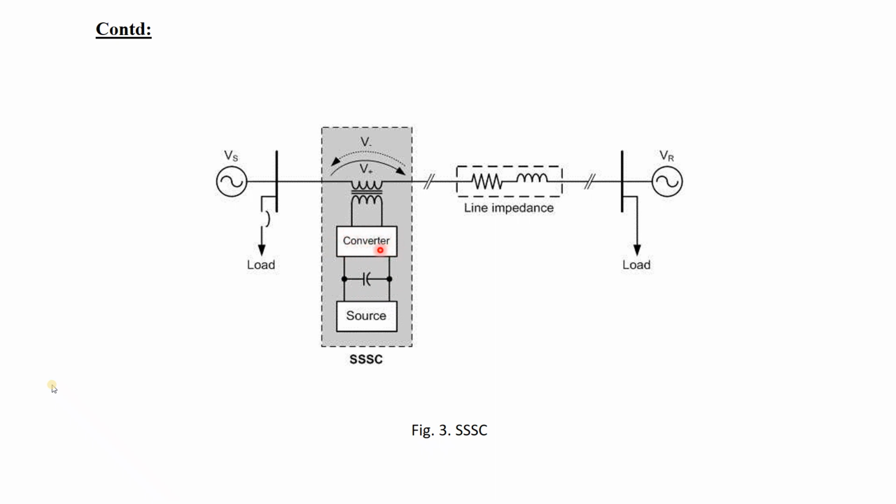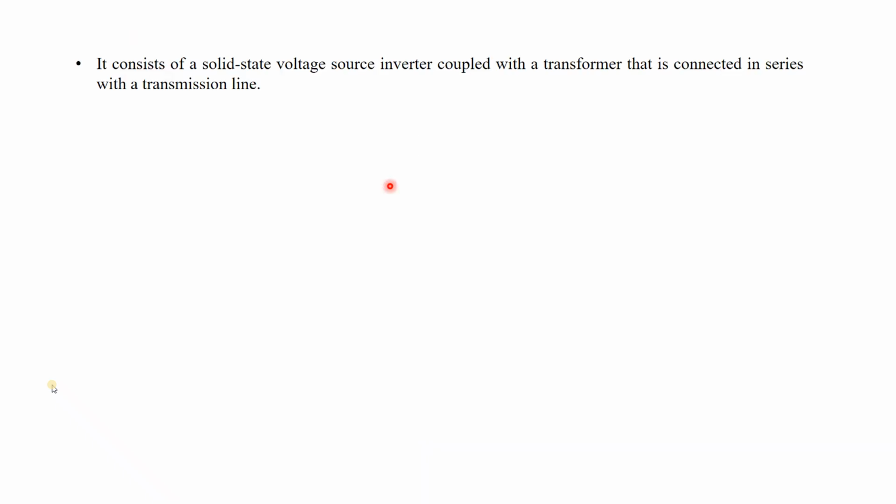It has to be converted, so there is an inverter converting it into AC. As it is converted, it has to be synchronized, as I told you, with the fundamental frequency of the system. Then since it is connected in series with the line, suppose the series voltage is 33 kV, and the converter produces 1 kV, then it has to be stepped up using a step up transformer, because it is connected in series with the line. So you have to step up the voltage and connect it to the system. So it is quite critical compared to the STATCOM.